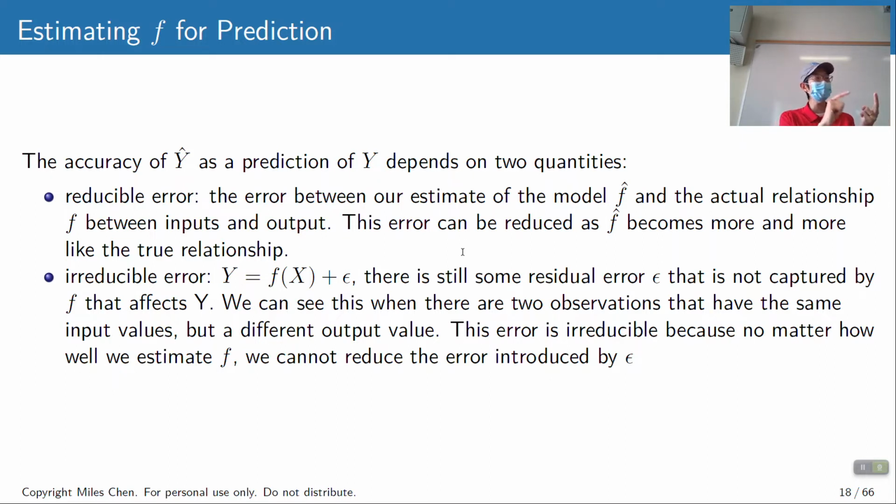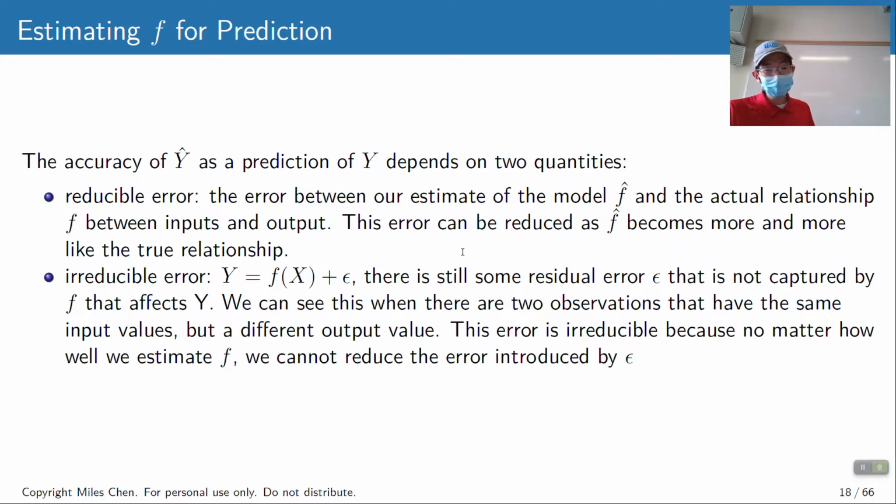You can have two people with the exact same height, the exact same waist size, the exact same fat index, et cetera, but they could end up having different weights. They might not differ drastically, but they probably won't be exactly the same either. And so that difference is irreducible. Even if you have everything exactly the same between two people with all of the same input x, their actual values y are going to be different, and that's going to be part of the irreducible error.